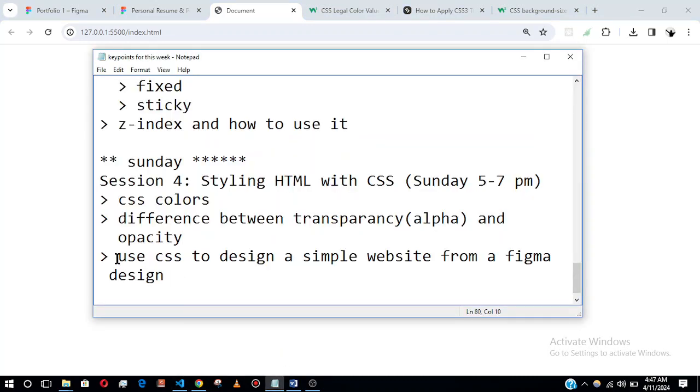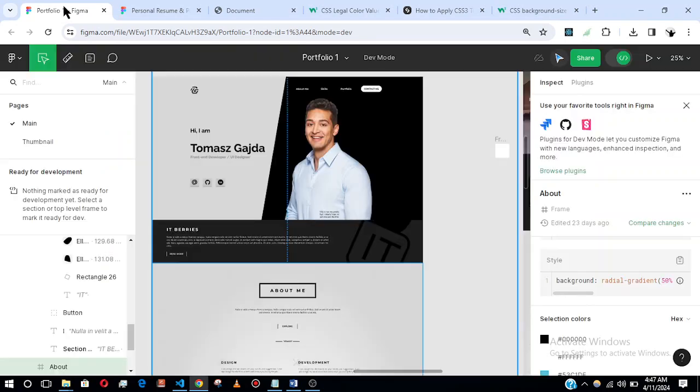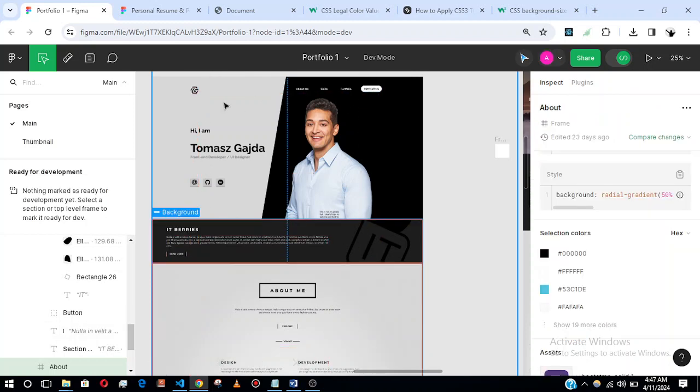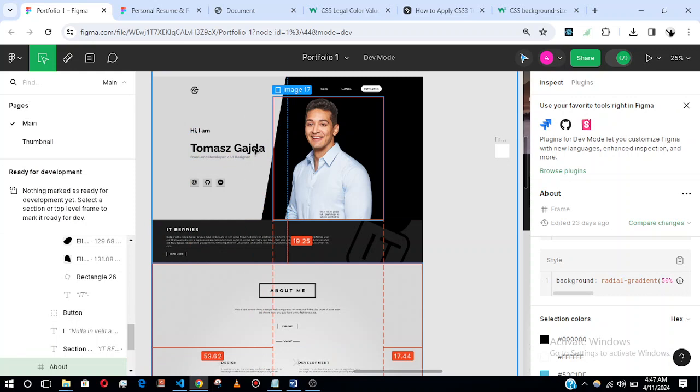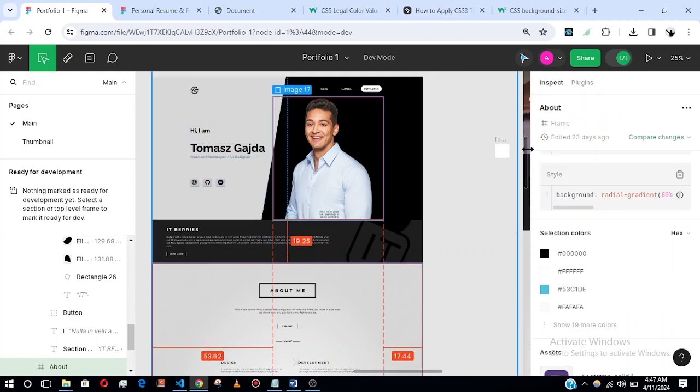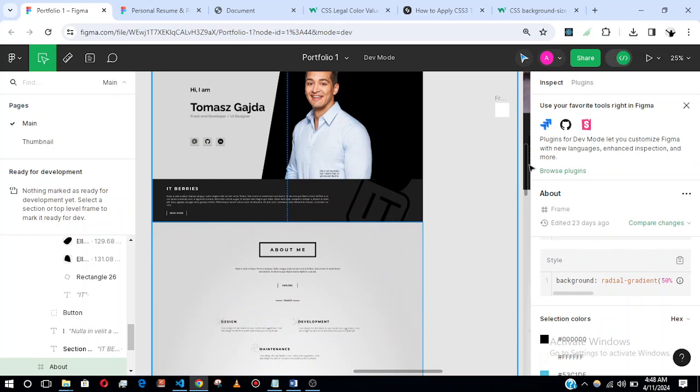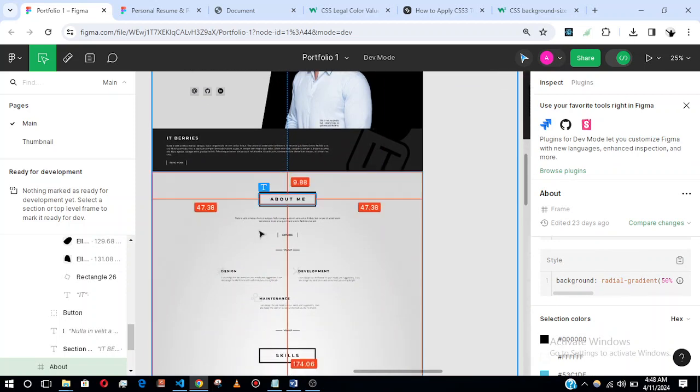So the next section now is we're going to use CSS to design a simple website from a Figma design. So let's do that. So we are going to use this, and we are not going to design this and this and this, because they involve using CSS display properties like flex, grid, display inline, and display inline flex. So I've not learned these properties. So we are going to now focus on the one that we can do without any display property,